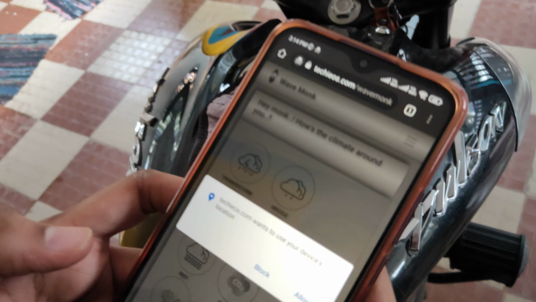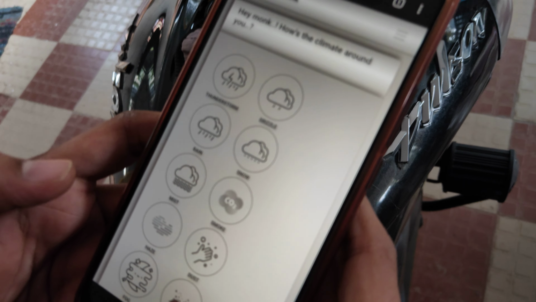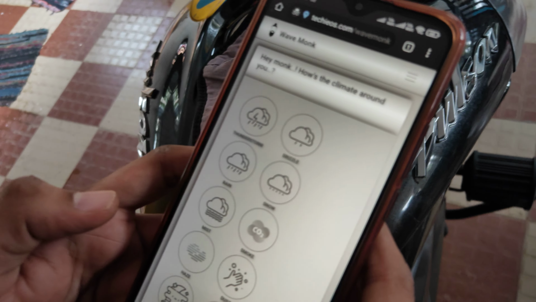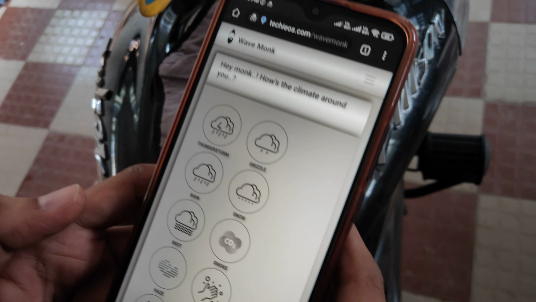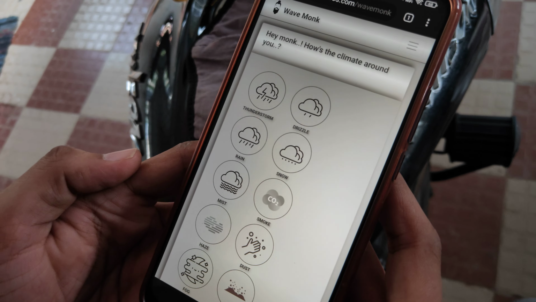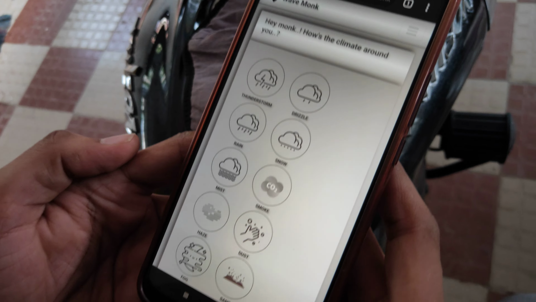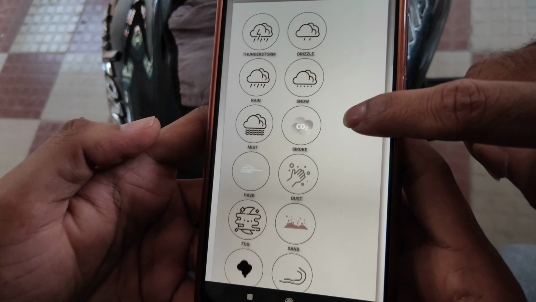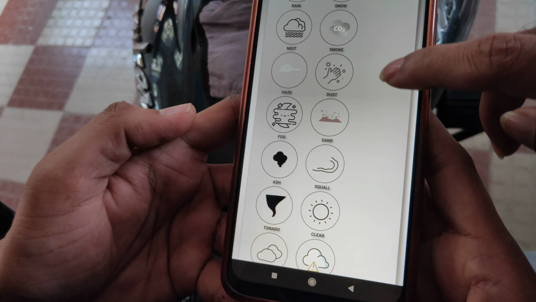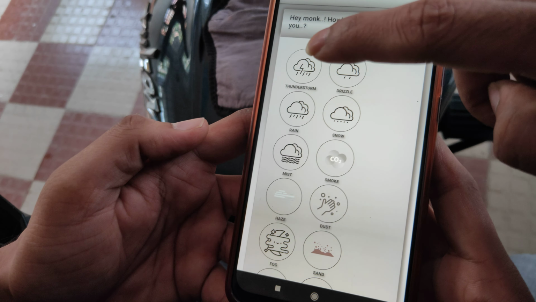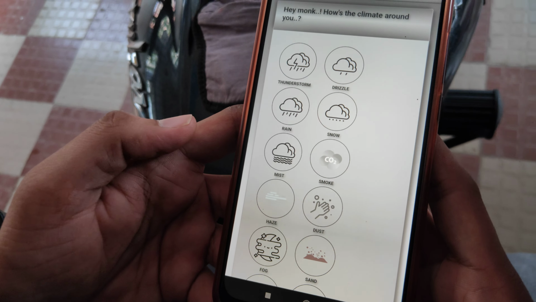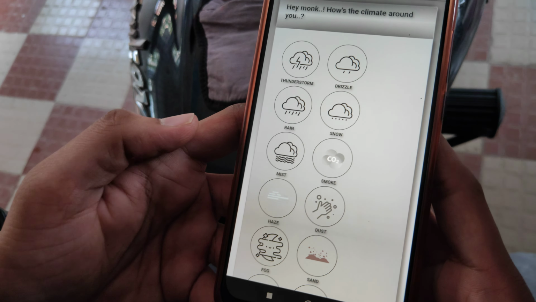website. Then you can see this pop-up asking whether to give access to use your current location or not. So you have to allow that. Then you will see all these weather statuses. These are the weather statuses available to update for your location. If you click on any weather status, it will be updated to the server, so that other users can see this on the map that we have given below.